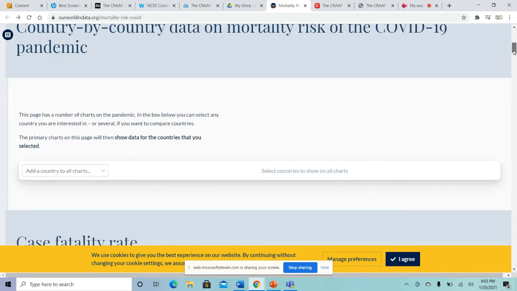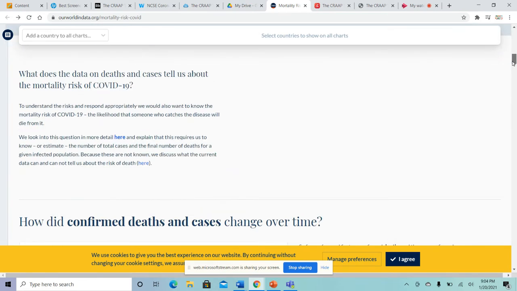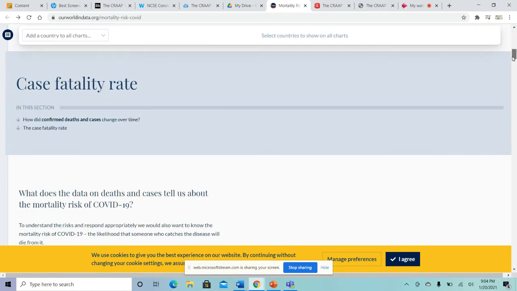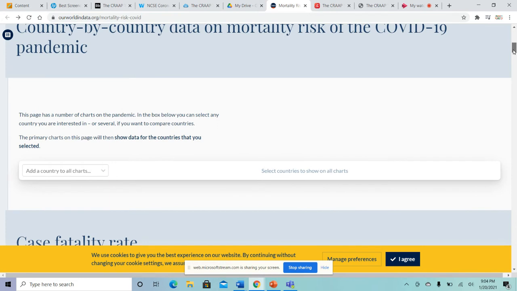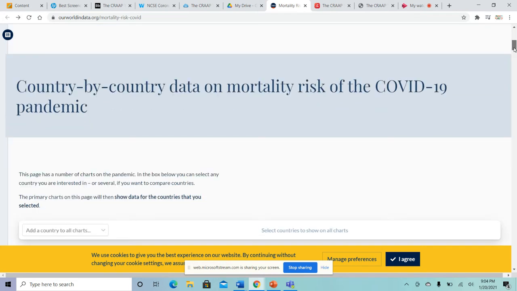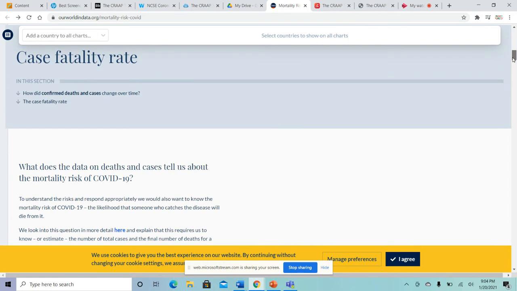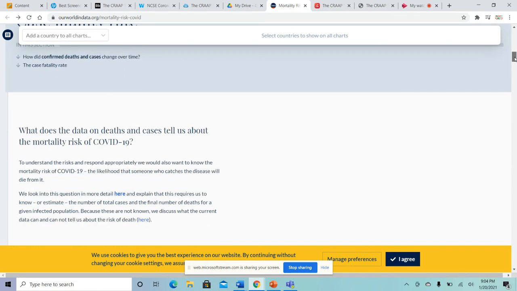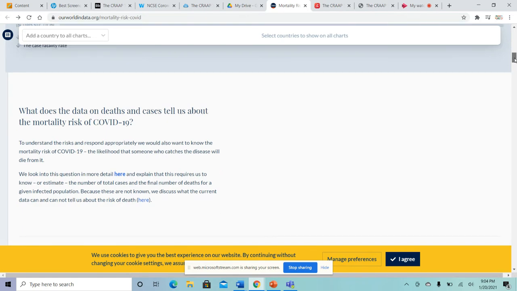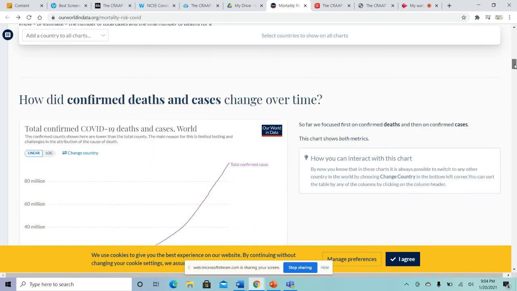So we can be sure that all the information they gather, the data on the number of deaths, is updated daily. And in addition, this article is very useful because it asks you questions that we do not know, and also how they come up with different numbers, or how they gather data on the number of deaths or cases, right? So in this case, it gave you one of the data they collected based on case fatality rate, and they give you questions there saying how do they get it or what it is as well,